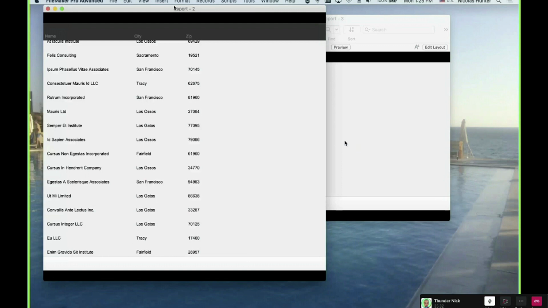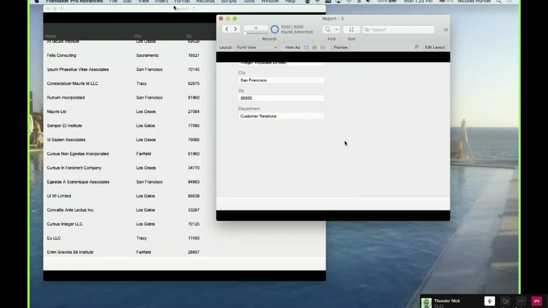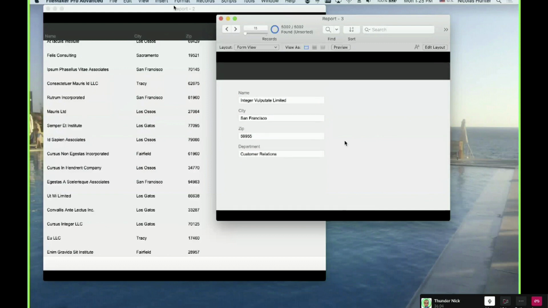Because I am in list view, you sometimes have to expect differences between parts when you are using them in form view or list view. Most of them are about how and when they scroll. The scrolling will be different in some ways between form view and list view. As we go further, I'm going to show you where it happens.